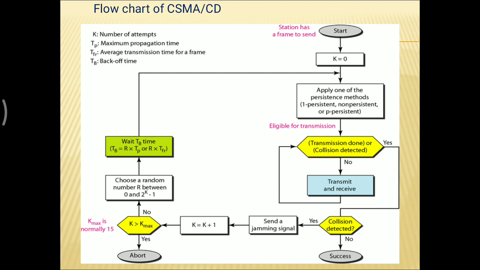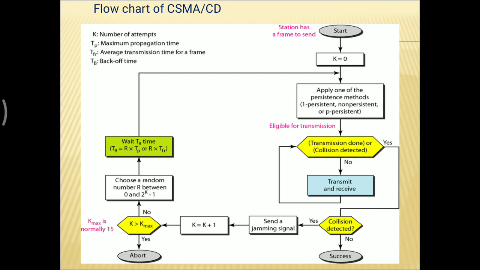In case the transmission is done without collision, it transmits, and after transmitting it receives and goes for the second bit. That means the flow will be done between these two steps only. It transmits and receives the bit, and again sends the information for the second bit, and after receiving it transmits to the destination station, and again goes for the third bit. Like this, continuously between these two steps, the process will continue.